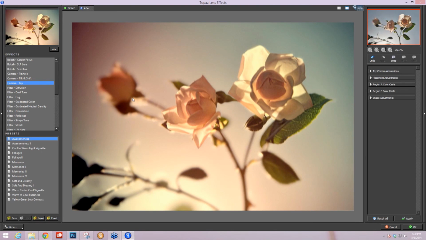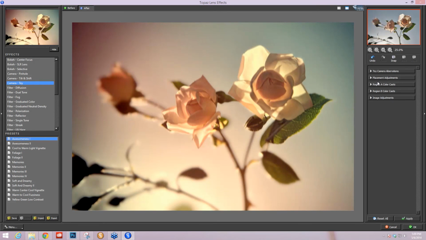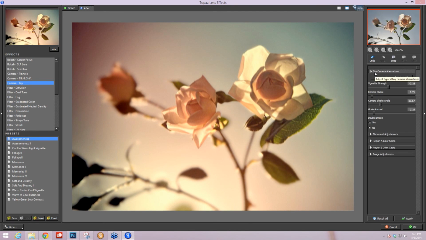I really like this red warm light, and I like the fact that I can have this background too, but I want to change where this light point, these different areas of glow are located. And my image is also going soft because of certain creative effects that are being added over here on the right hand side. So quickly, just to show you what I did, I went into my toy camera aberrations,